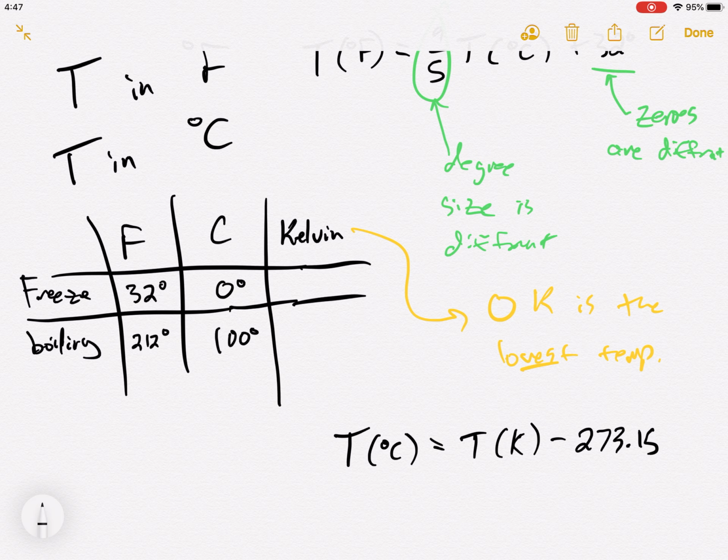So that means absolute 0. If the temperature in Celsius is 0, well, not absolute 0. So absolute 0 is minus 273.15 Celsius. And often I drop the 0.15 because 3 sig figs is typically enough. So for freezing water, you could put a 0 here, equals the freezing temperature in Kelvin minus 273. So clearly the freezing temperature for water is 273.15 Kelvin.